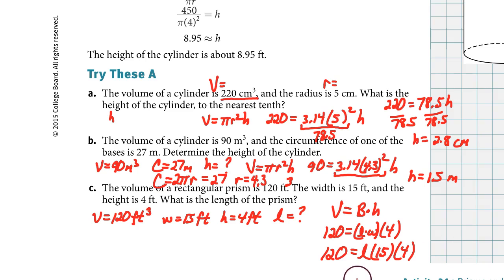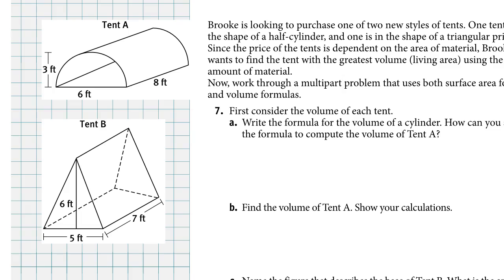We can solve this equation for L. 15 times 4 makes 60, and then you can divide both sides by 60 to get L equals 2 feet. Move ahead a little bit in this packet until you come to the drawing of the two tents, tent A